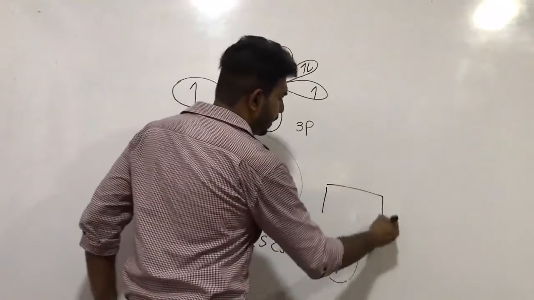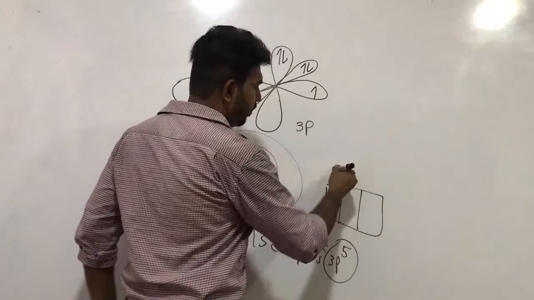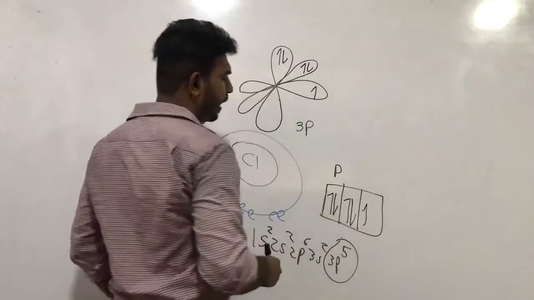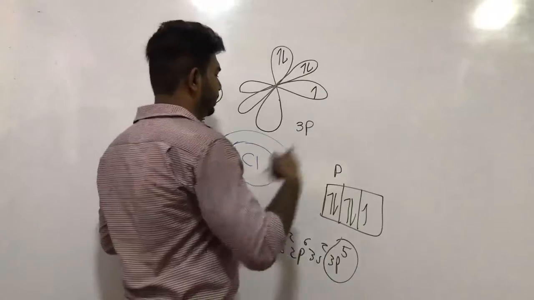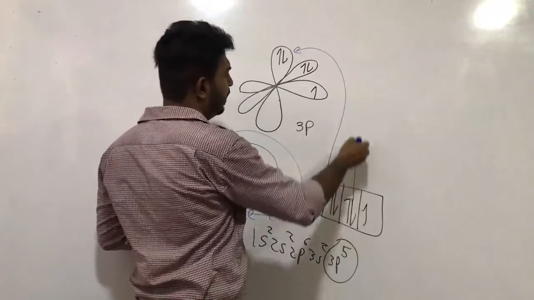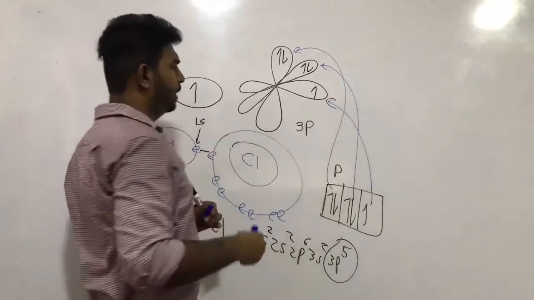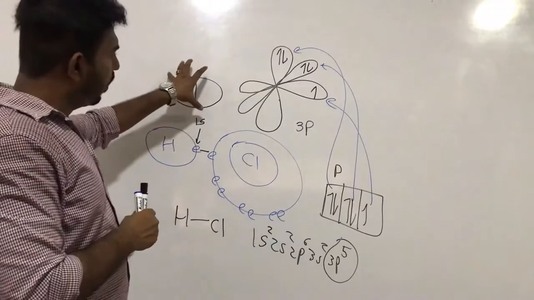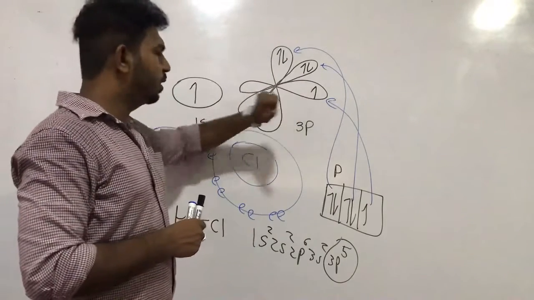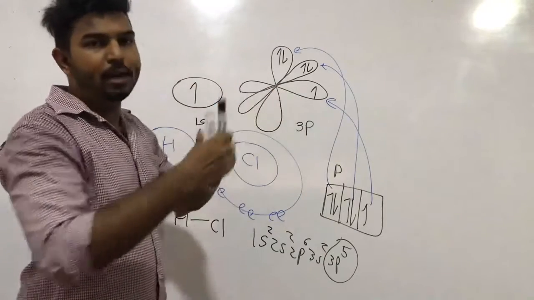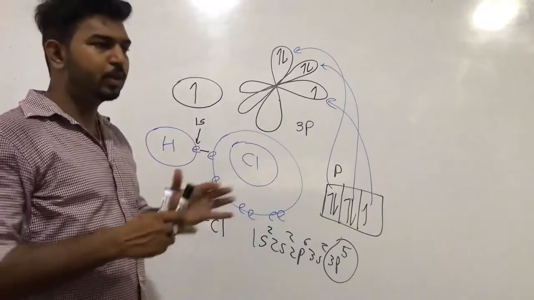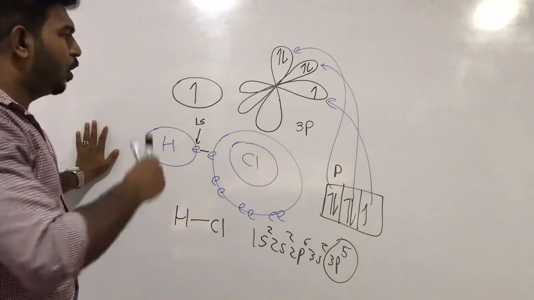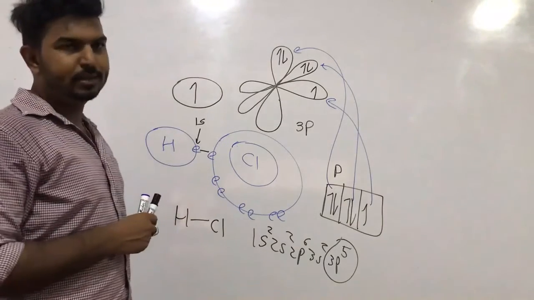If we consider the structure of the p orbital, electrons are first singly occupied, then doubly occupied. When chemical bonds are formed, these orbitals will be overlapped. Overlapped means they will be added onto each other. Let's consider the overlapping of orbitals for this HCl molecule.